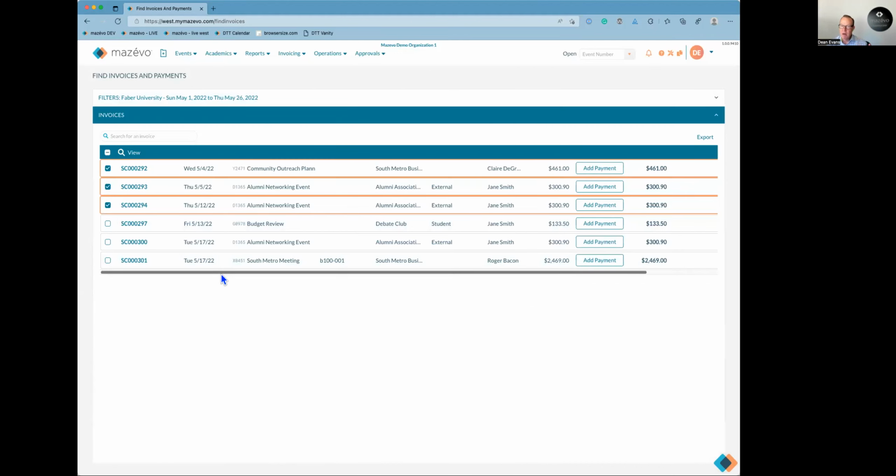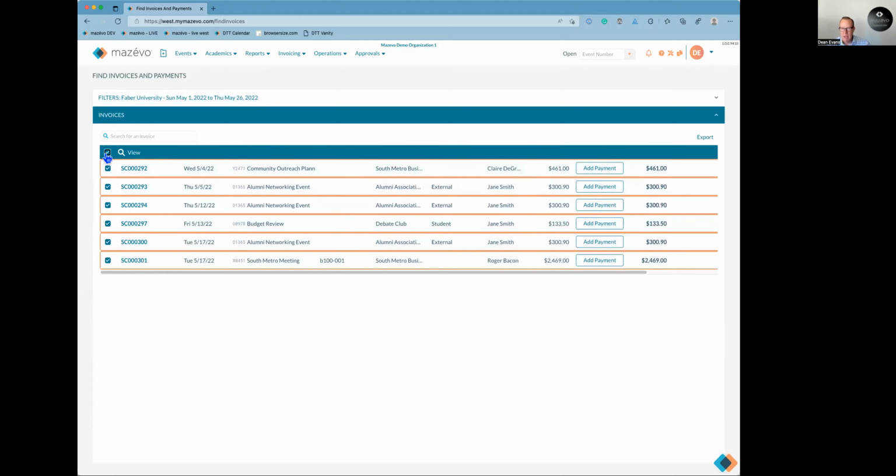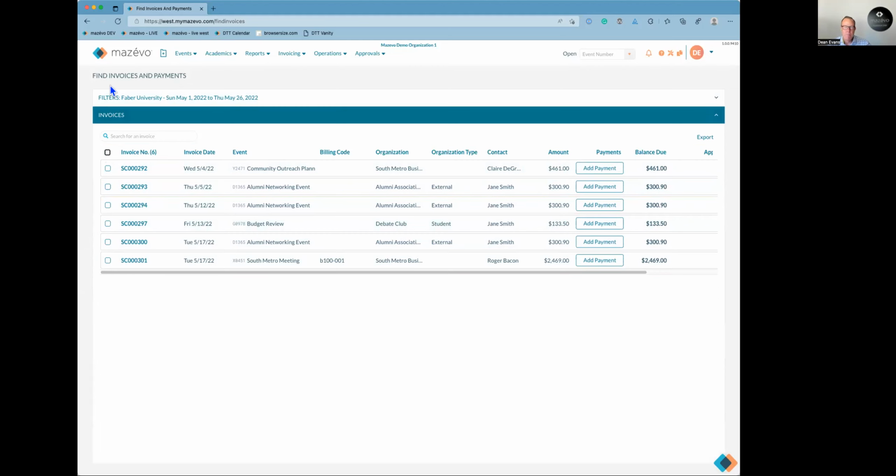Now, when you generated them, you had the ability to email them all at once in a batch email, but this is after the fact, once they've been created, you can come in here and view them and print them. For the folks in EMS, it's almost like a statement. You could use it in that fashion. So, all right,